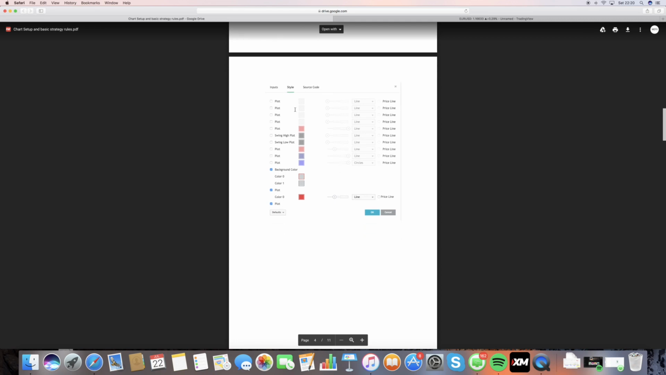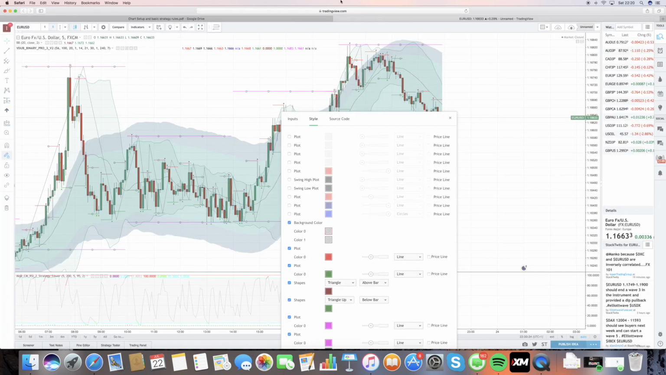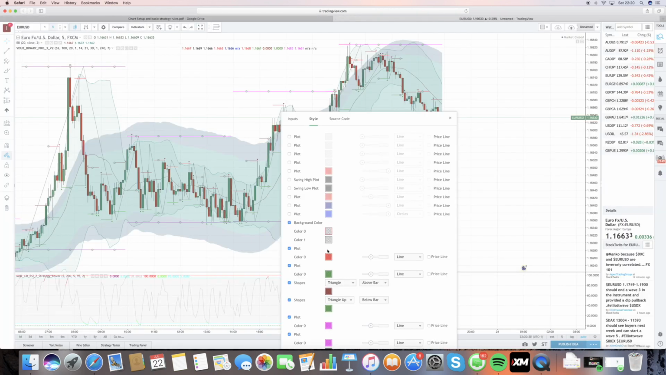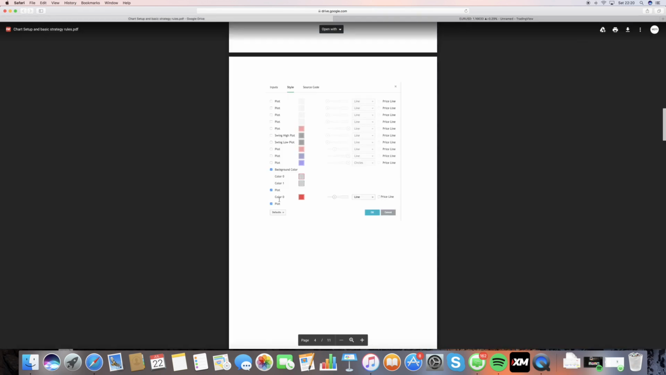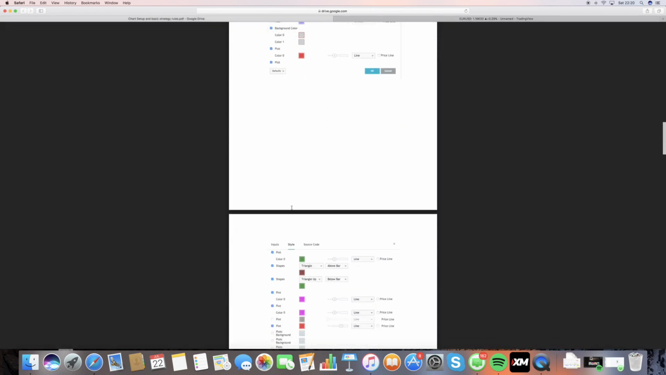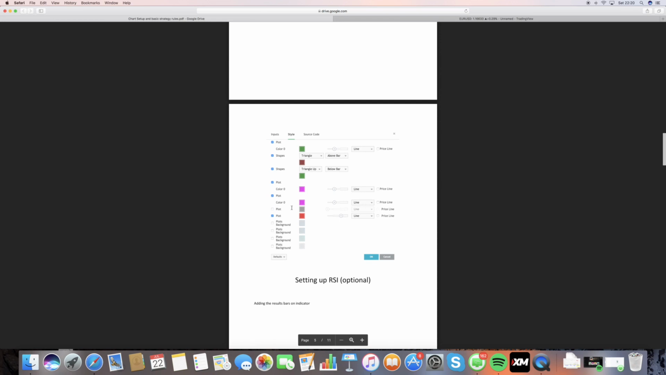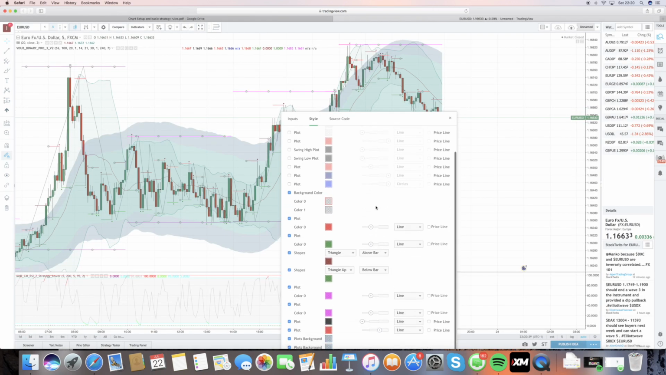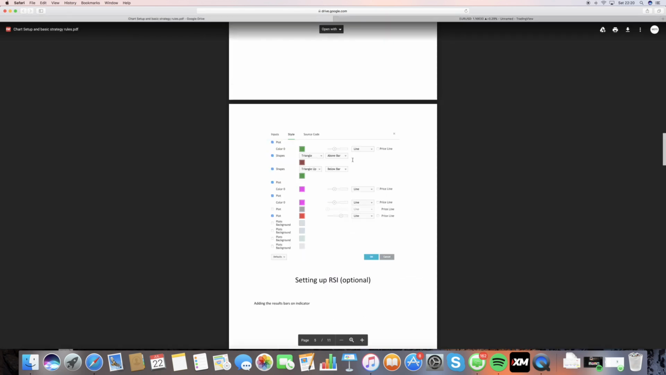Keep scrolling down, make sure background color is correct, and then plot 1, 2 is correct, and we're going to keep scrolling down till we get to shapes. Make sure all the colours are the same. To be honest, I don't think you really need to change anything, it should be fine. We keep coming down until we get to